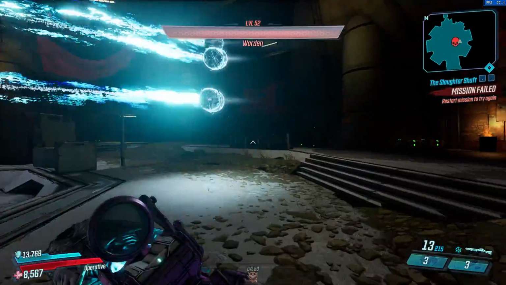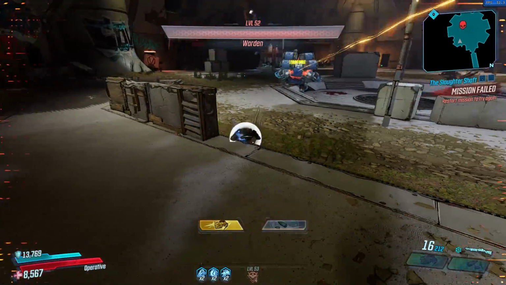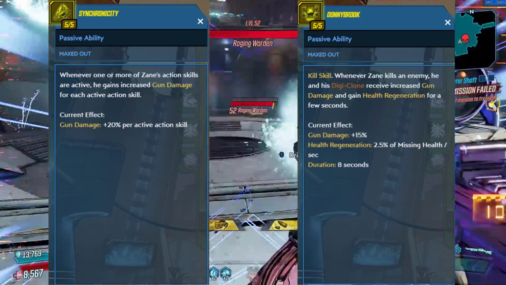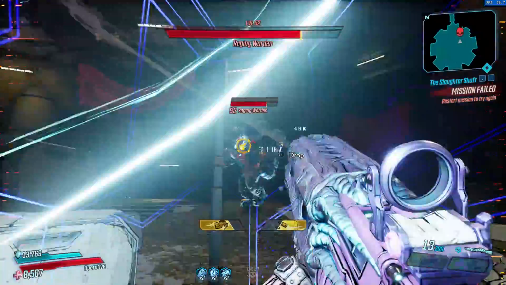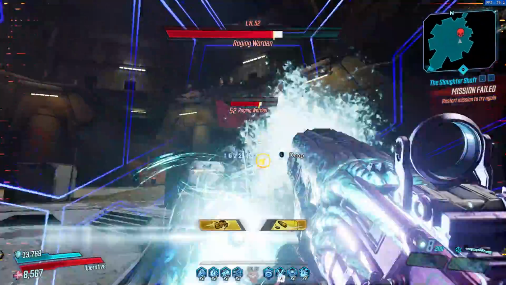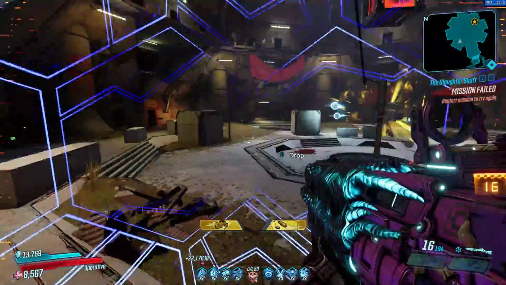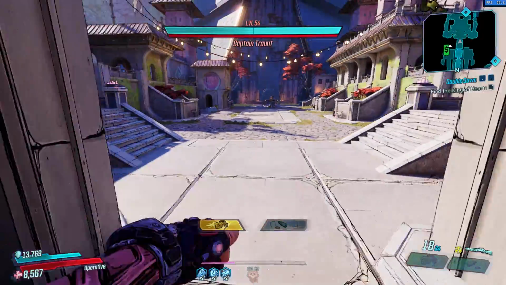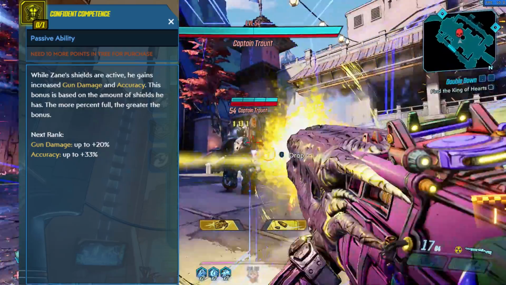And to boost those potentially 6 projectiles in terms of damage even further, you can never go wrong with 5 points into Synchronicity and Donnybrook, which both work perfect since you A, will be killing a lot of enemies, and B, will have your action skills up constantly for a bonus of up to 70% gun damage. To make that number go up even higher to plus 105% at full shields, you need just 1 point into Confident Competence,